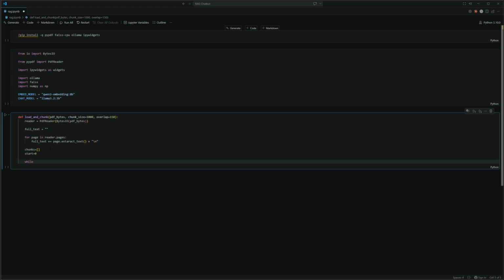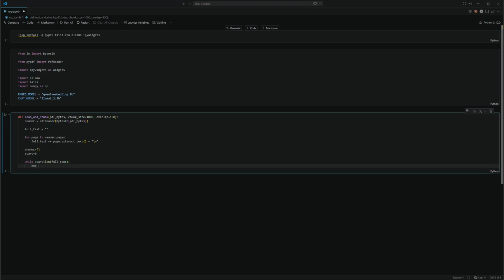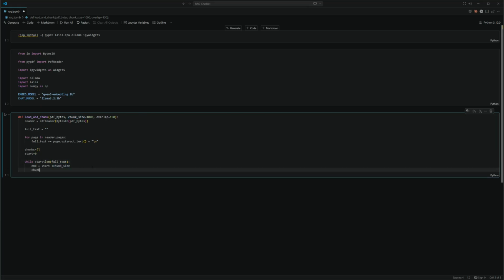So while start is less than the length of full_text, we're going to define the end point. The very first thing is start, because we are starting as of now with 0, but as the loop goes, we need to change the value of start, and start will change the value of end as well. So end is start plus the chunk size, which we defined earlier while creating the function. And now we create a chunk equal to full text,